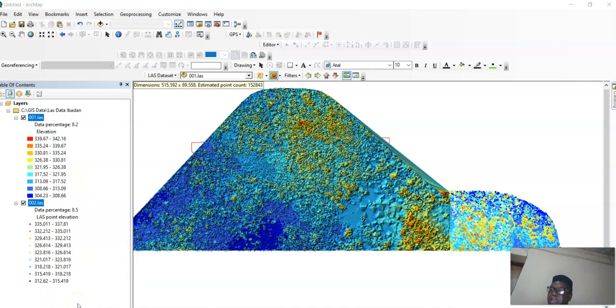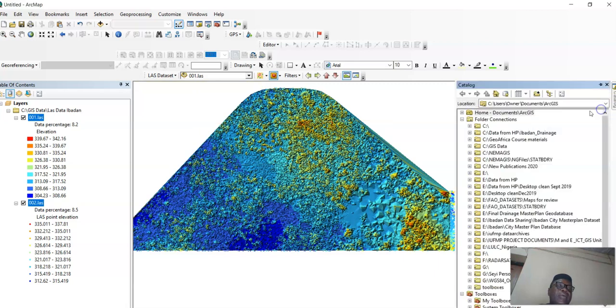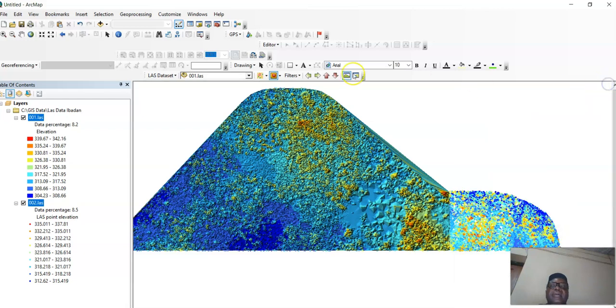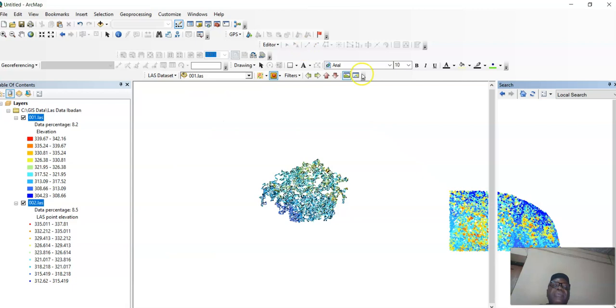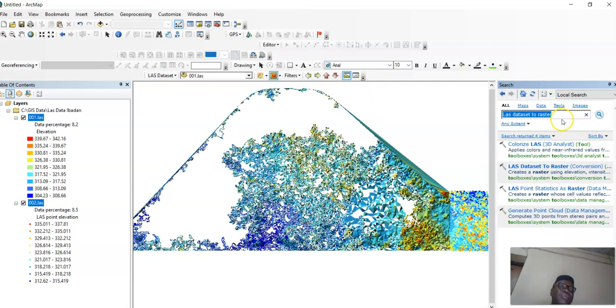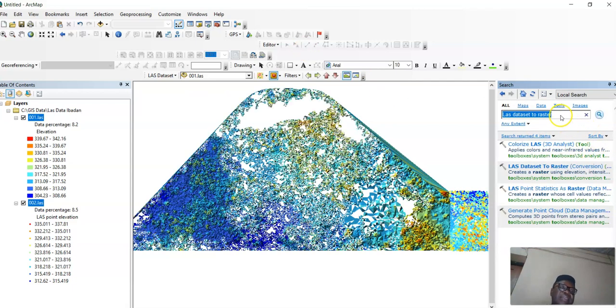Apart from this, you can walk around with the LAS data, and you can convert it to contour, or you can convert it to an elevation model. You can go to LAS dataset to raster.